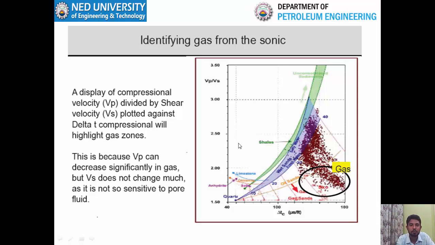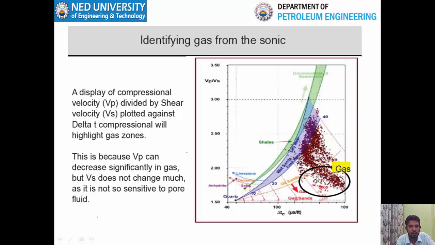This is obviously used in modern logging, where you not only measure the P waves, you also measure the shear waves. So when you plot Vp upon Vs versus transit time, and the point falls on the bottom right, it will indicate that this zone is most